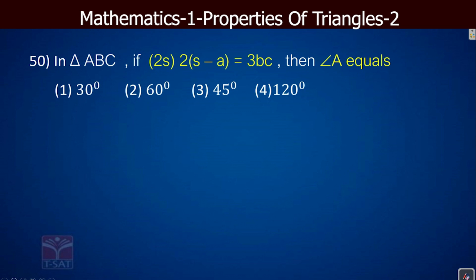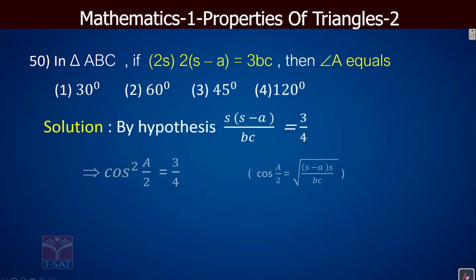Okay, we will come to problem number 50. In triangle ABC, if 2s(2s−a) is equal to 3bc, then angle A equals: 30 degrees, 60 degrees, 45 degrees, 120 degrees. By hypothesis, s(s−a)/bc is equal to 3/4. So therefore cos²(A/2) is equal to 3/4,